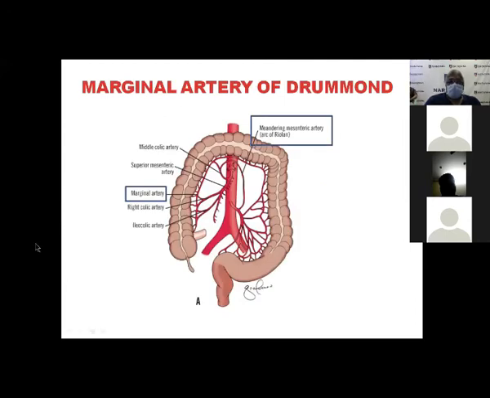Marginal artery of Drummond, you should never touch this, deadly. This is the only one which is making the colon survive. You can divide here, divide here somewhere so that the whole lobe is there. This is the left colic. The whole of the colon will have its arterial supply, provided the artery of Drummond is in continuity. That is what we used to do in our coloplasty or colonic interposition.